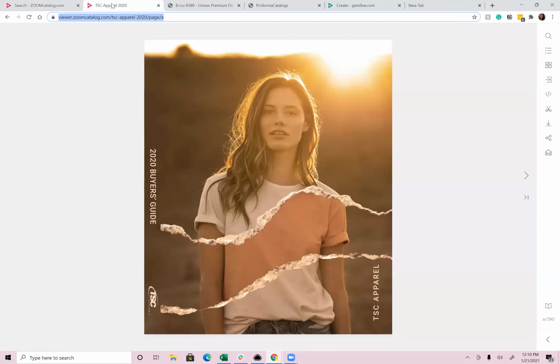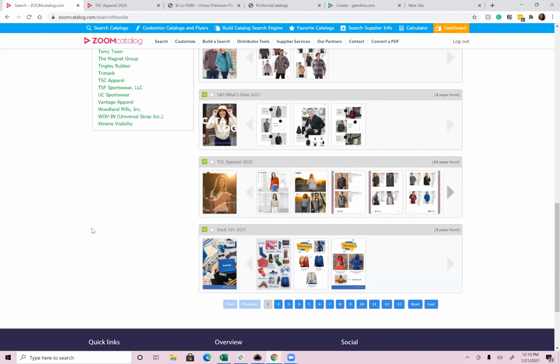So that's how a ZOOMcatalog works. As I said, they're all the same. So familiarize yourself and you can access these at any time. So now your catalog filing cabinet is available to you 24/7, and as opposed to print catalogs, it's going to be